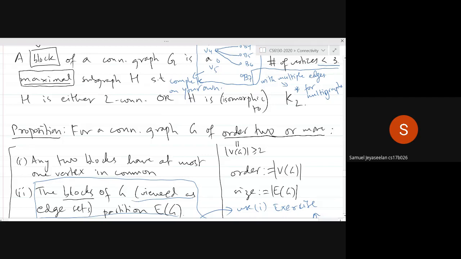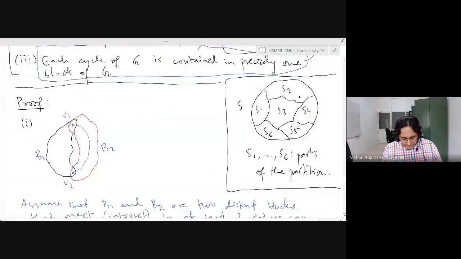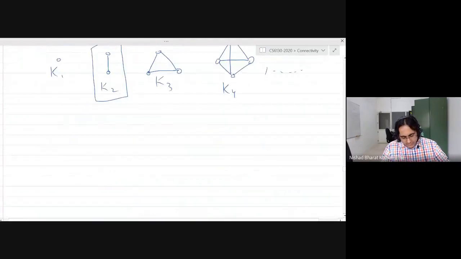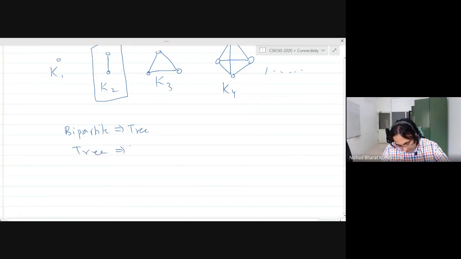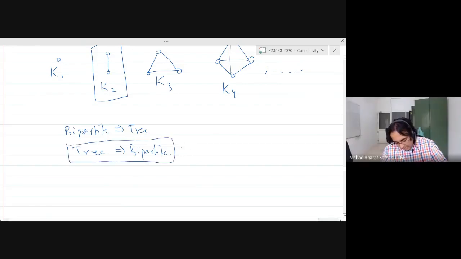So you said that bipartite graph was a tree? Right, so that is a good question. I assume everybody is familiar with bipartite graphs and everybody is familiar with trees. So which of the following is true? Every bipartite graph is a tree, or every tree is a bipartite graph. Every tree is a bipartite graph. Right, so this is a true statement. And if I at all said the other, then that is false.